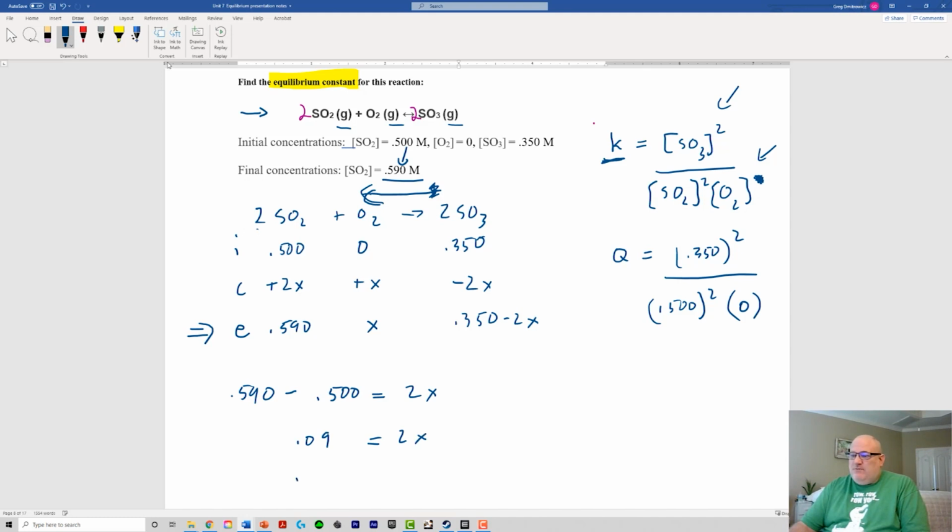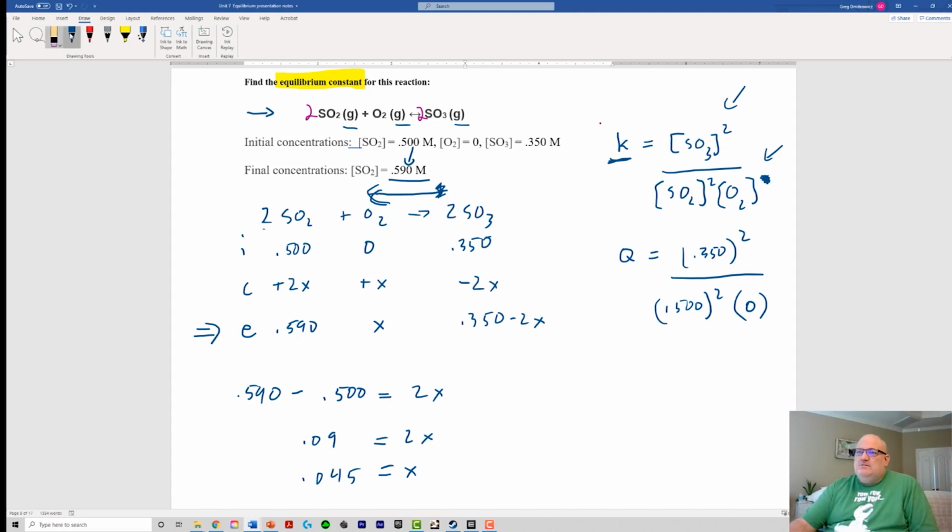And if we divide it one more time, wouldn't it be 0.045 equals x? So if I wanted to, right here, couldn't I just plug the values back in? This x, isn't it going to be equal to 0.045? And if I took this 0.3250 minus 2x, wouldn't that then be equal to 0.260? And if we have these three values, that we can plug back